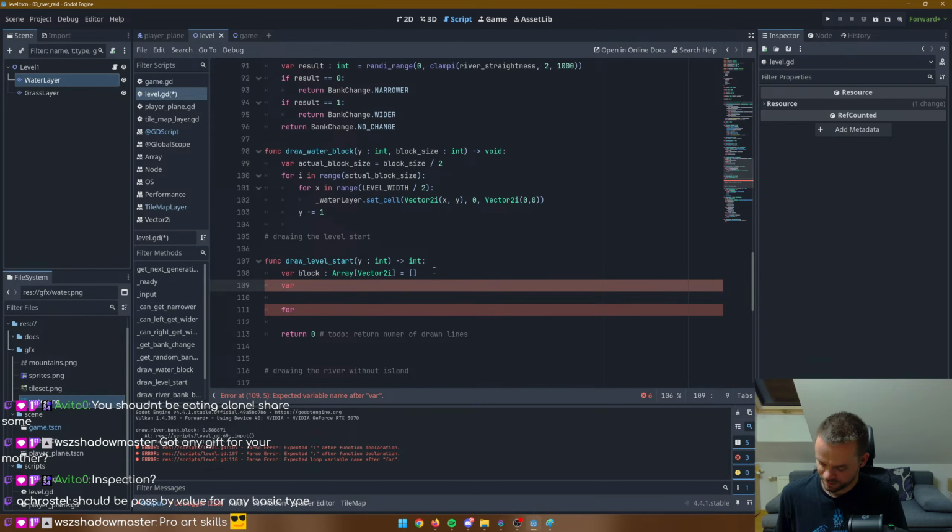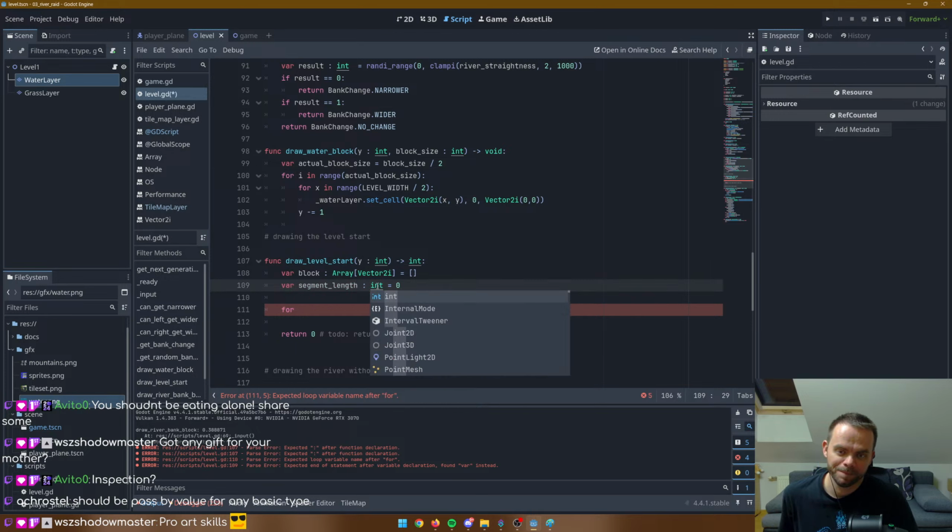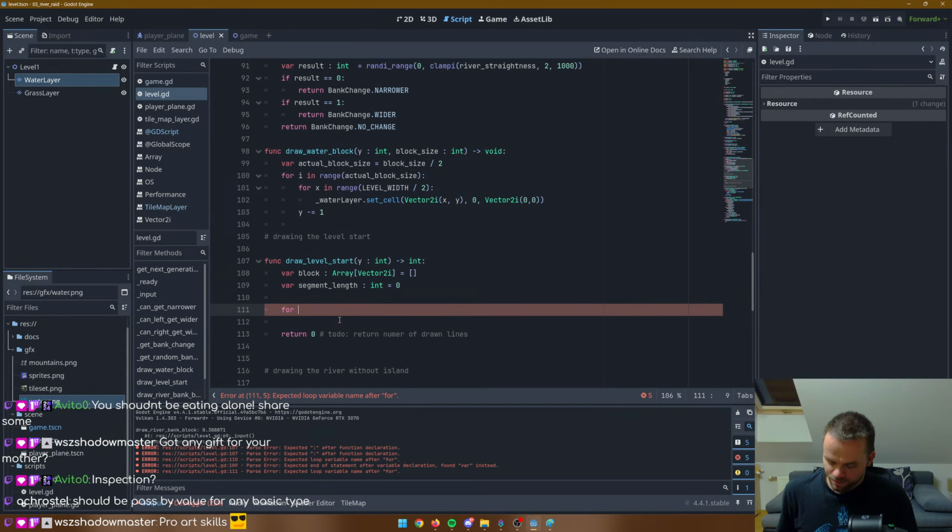Let's have a variable called segment length, and we will increase it with every line. It's an integer. Okay, for start y. So for y